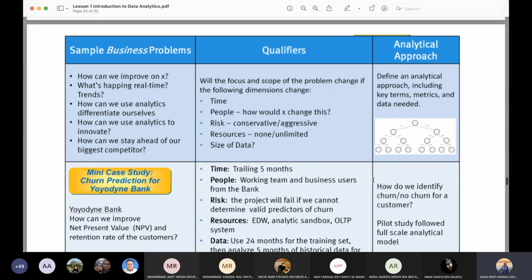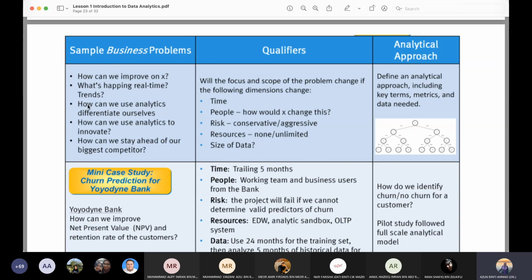So next one is a simple business punya problems lah. Sample tapi simple one. Kalau kata you nak buat FYP ke apa ke, dia akan lagi more thorough lah. You nak kena evaluate. Okay. So the example that we have here is kalau kata you nak identify problems, those are the questions yang kena trigger. Okay, how can we improve on X? So X tu can be mungkin sales, mungkin profit, mungkin macam-macam lah. What's happening